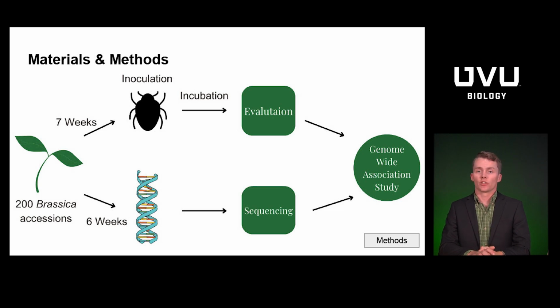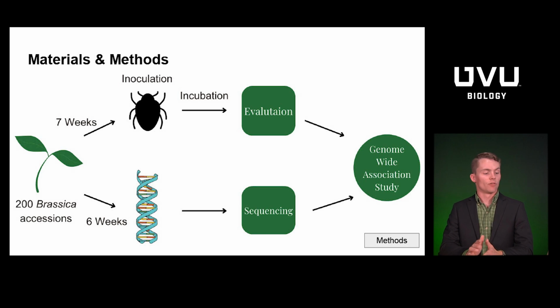After 6 weeks of growth, a leaf tissue was harvested and set aside to use for DNA extraction and then sequencing. 1 week after that leaf tissue was harvested, so at 7 weeks total of growing time, these plants were inoculated with the cabbage aphid, and they were allowed 3 weeks for an incubation period. After that 3 weeks, a disease severity rating, or that DSR, was conducted to assess the plant's reaction to the